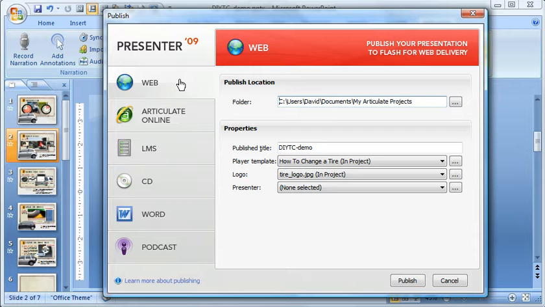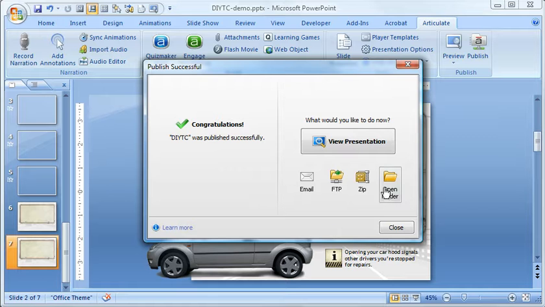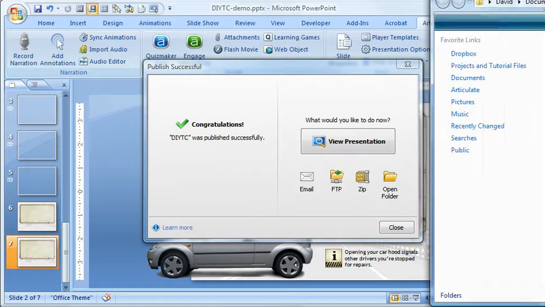and you are brought with this publish dialog box. If you select web, you can see the path to your folder, right? So usually by default, my Articulate projects, then you give your course a name. So if you want to call it demo, you can rename it to just the course name, and then go ahead and click publish. And when it finishes publishing, you can click the open folder button, and that brings open